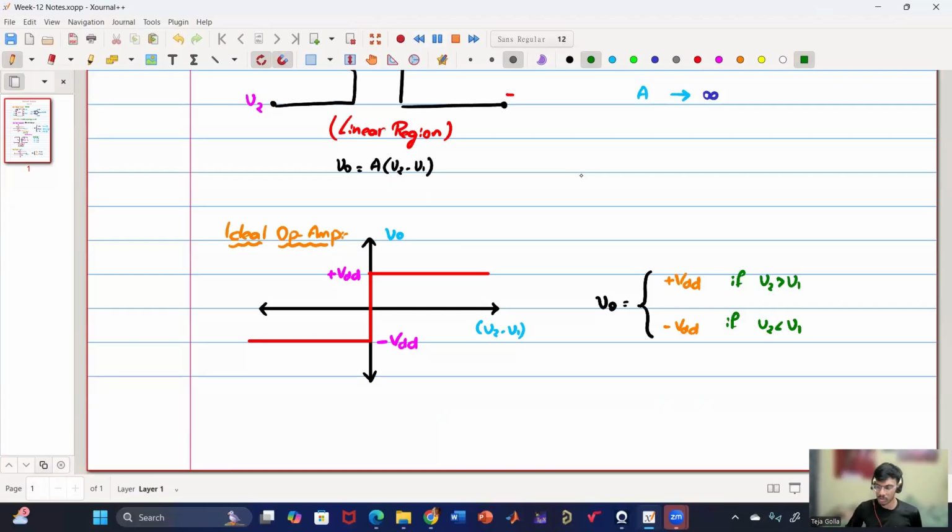We'll only be discussing ideal op-amps. Agree? Everyone agree? Is this clear until this point? Yes. Okay. Now, if we check the V2 minus V1 expression,